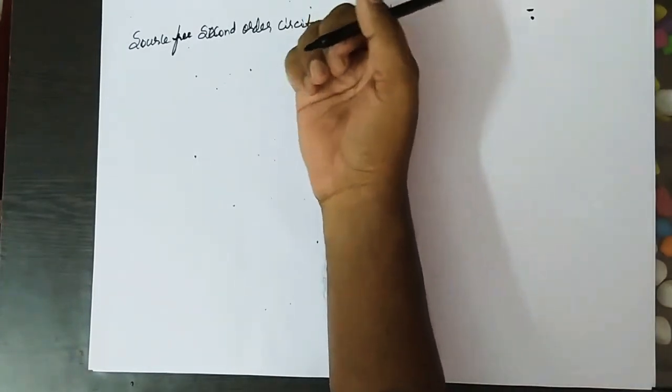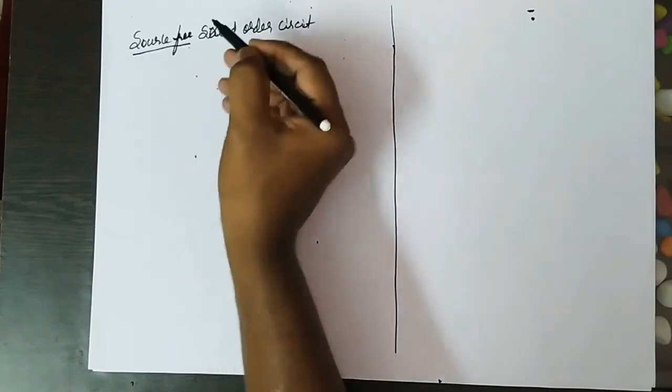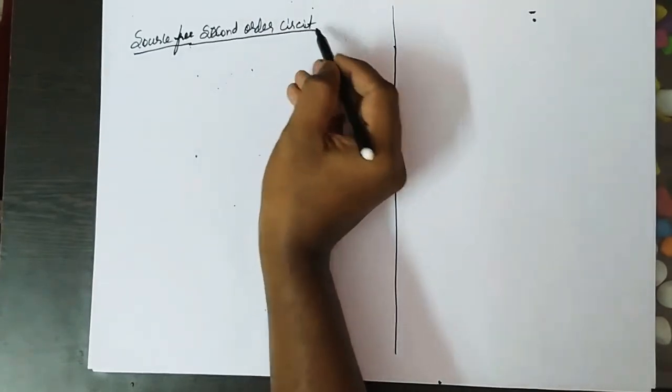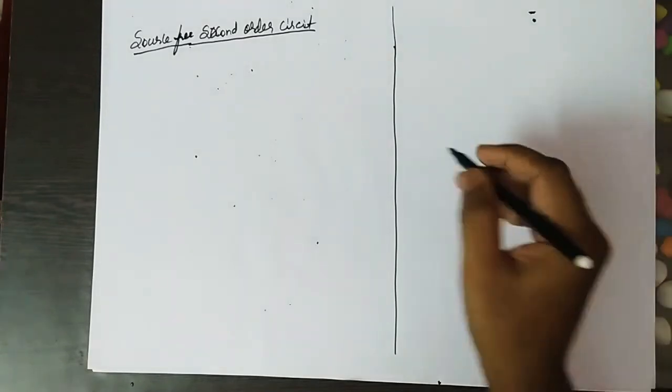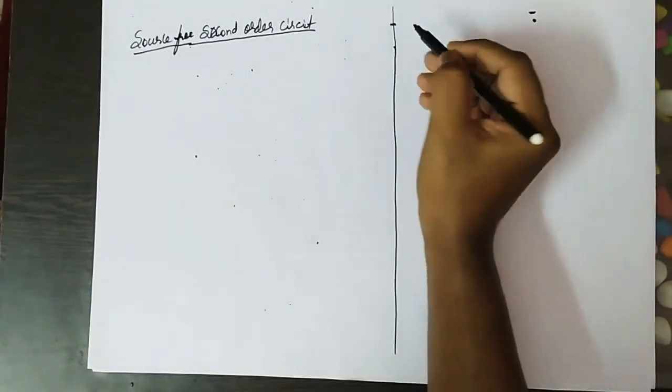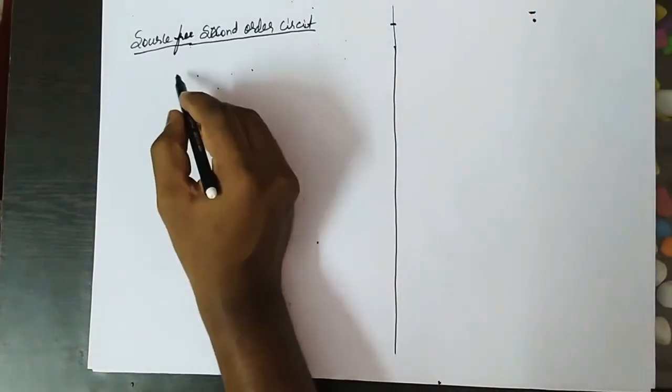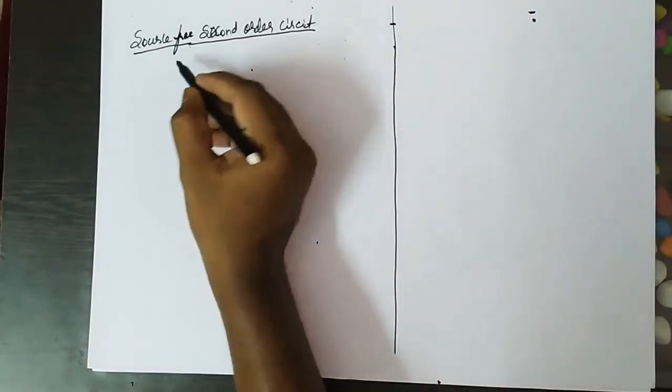Any big circuit or any system having many energy storing elements can be compared with two. If you understand second order, you can extend that response to any circuit. Until now we just discussed first order things only, the RL circuit and RC circuit. Now we'll see what happens if there are RLC elements in this circuit. So RLC elements means a source free second order circuit.